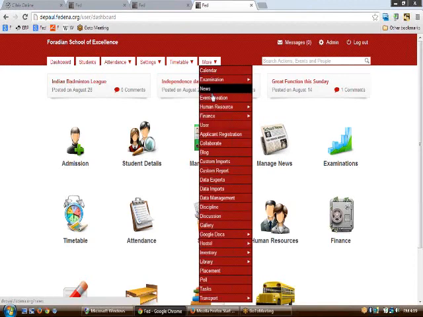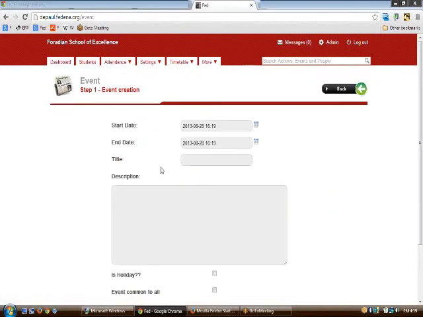Then comes the event creation part, where you can create the events. After entering the start and end date, you give a title here for the event. I name it the annual function.